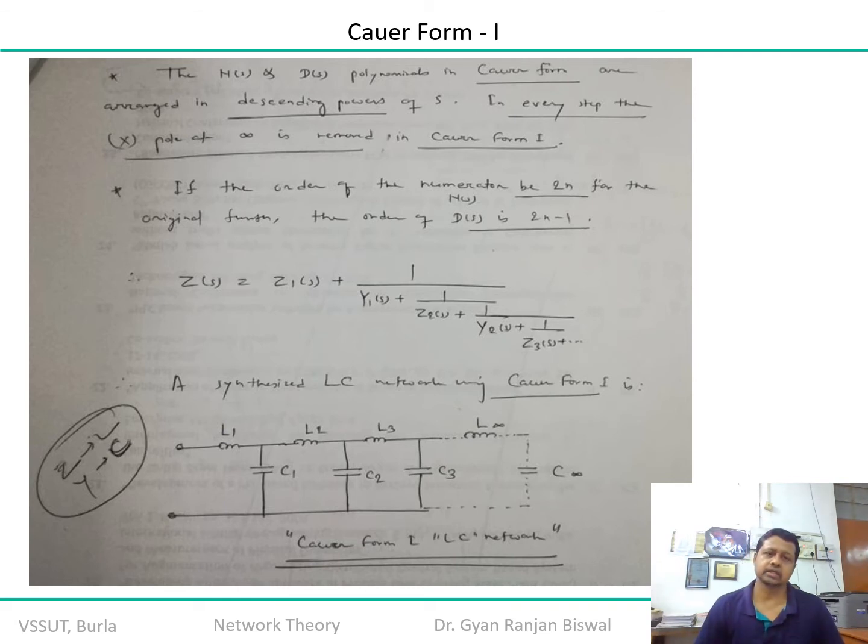Okay, so in this case, in my previous case, if you are considering z1, y2, z3, y4, in that case L1 is going to represent the impedance function, because it will come as 1 upon C of S, representing the capacitance. So your C1 is equal to 1 upon Y1S, and so on. So all the impedances are representing the inductive elements, and all the admittances across the L network are representing the capacitive network, right?